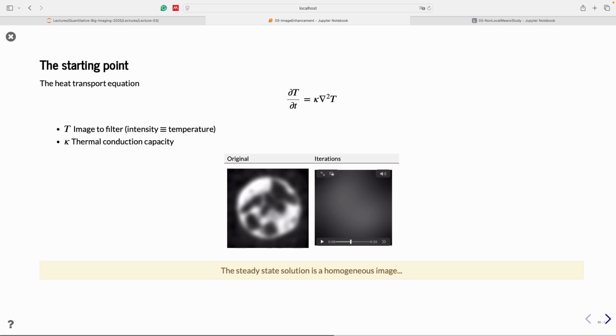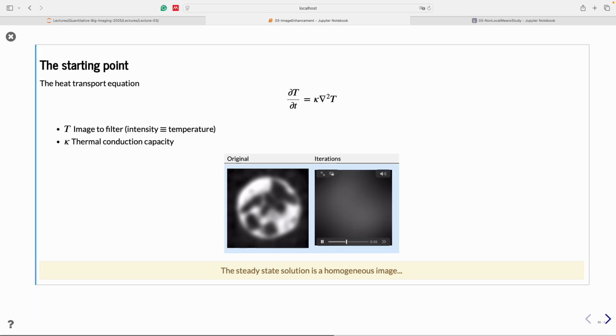So looking at this example here, let's just see if I can start it. I think my slide is a bit confused right now. Yeah, there it comes. So in the beginning, you have your image, and very soon everything blurs out,